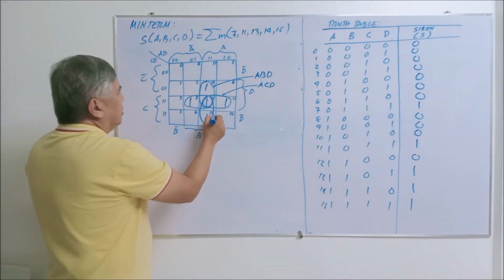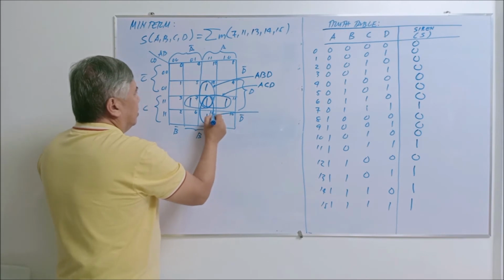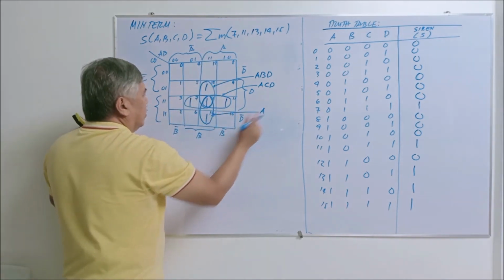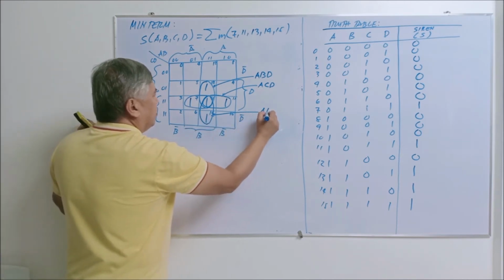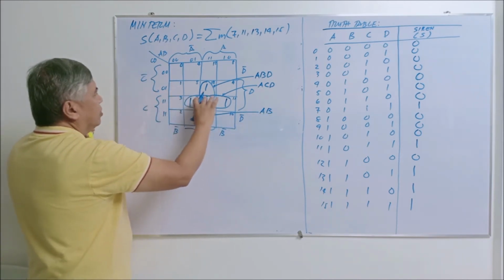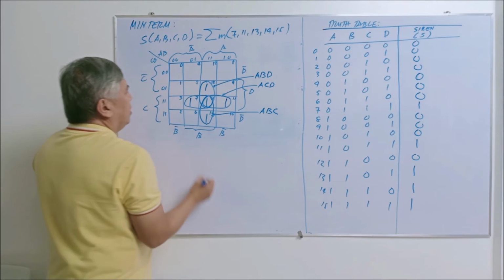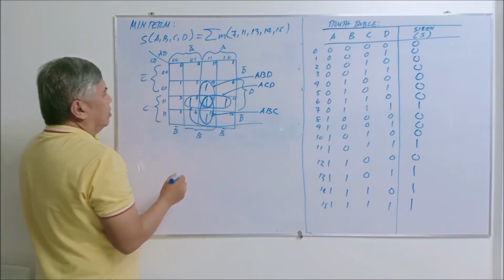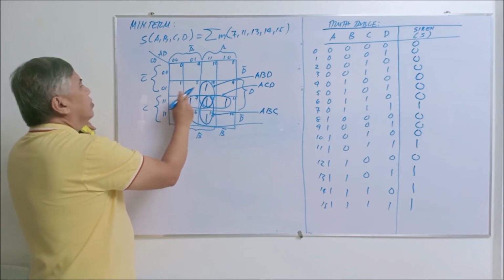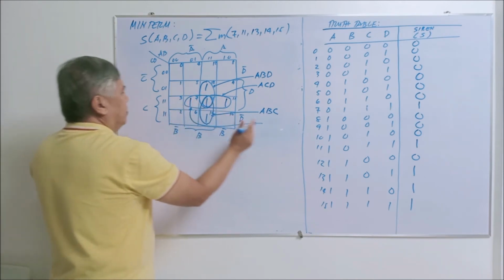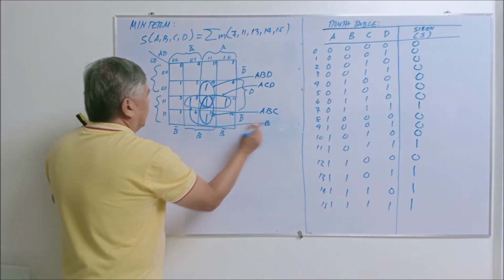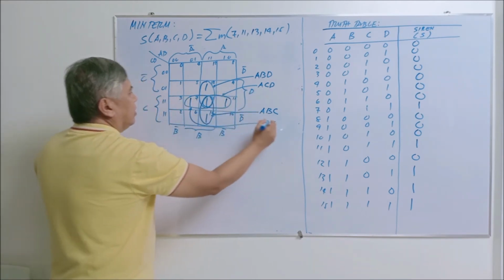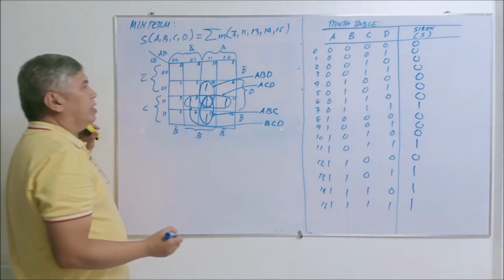And then, this one here belongs to A, belongs to B, and it belongs to C. Okay? And then the last one, this one here, this belongs to what? B, belongs to C, and D. So that will be our